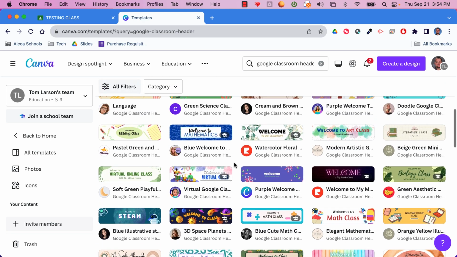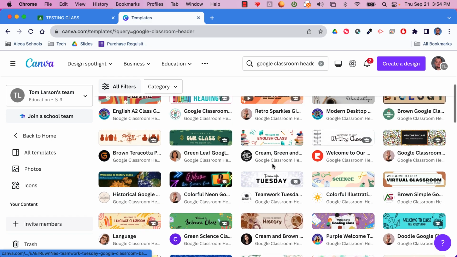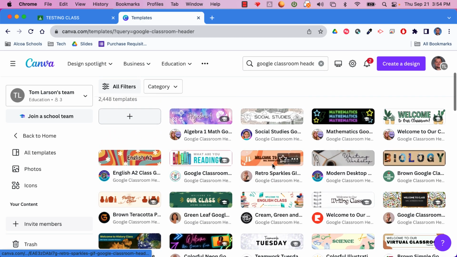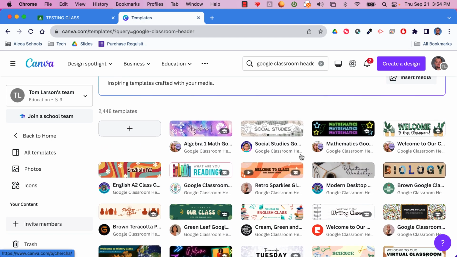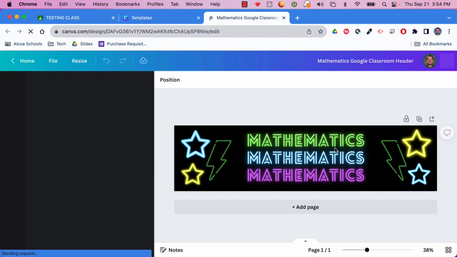All right, so let's say I wanted to use, I don't know, I'll pick this one right here. It's math. All right, so I can choose that, and I'll say customize this template. So it builds it for me right there,